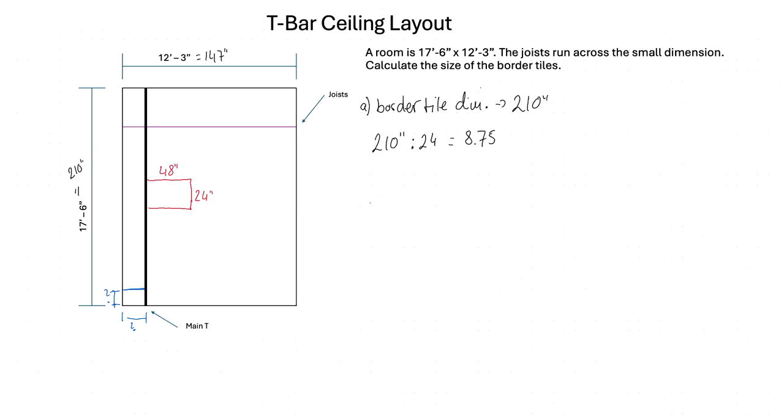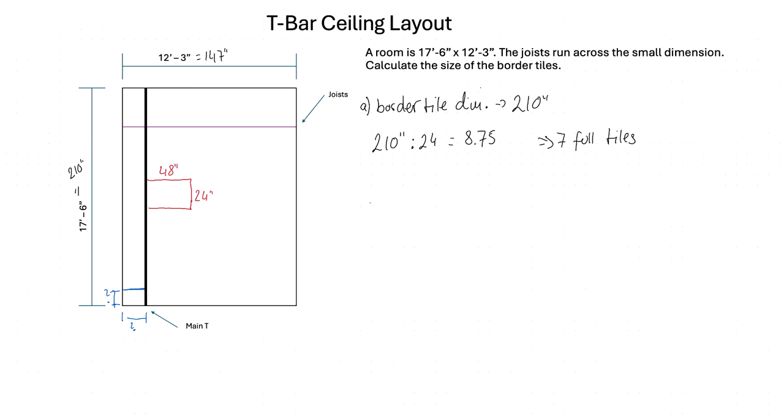What we want to do here is, because we want to end up with more than half of a panel at the end, we want to take away the partial amount here and one full panel, right? For example, if we said, okay, we have 8 full panels and we have 3/4 of a panel left over, if we divided that in half, because we have a border tile here and a border tile there, we'd only end up with 3/8 of a panel. And that's not going to look nice. So we want to keep more than that. So really, we want to end up with 7 full tiles here,